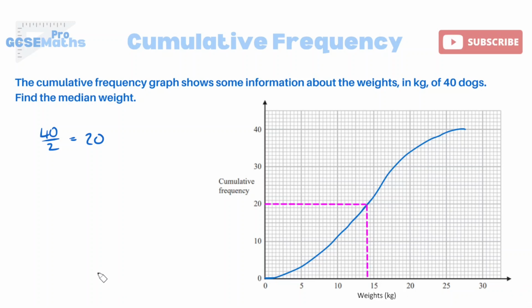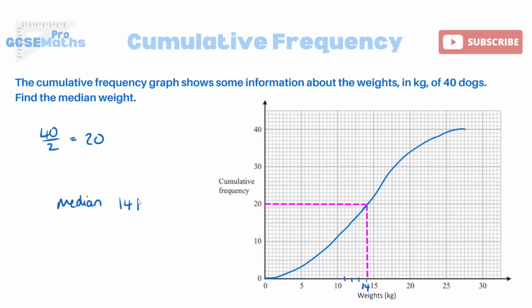So we can see here, let's check, just be careful what the scale is as well of all these graphs. We've got 10 squares, but that represents 5 kilos. So each of the 2 squares is 1 kilo. That's 11, isn't it? 12, 13, 14. I would put that at 14. So the median